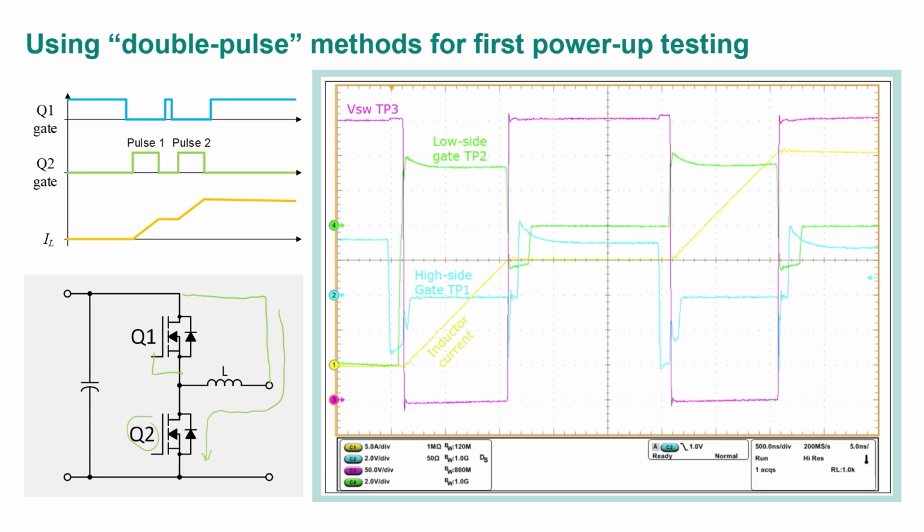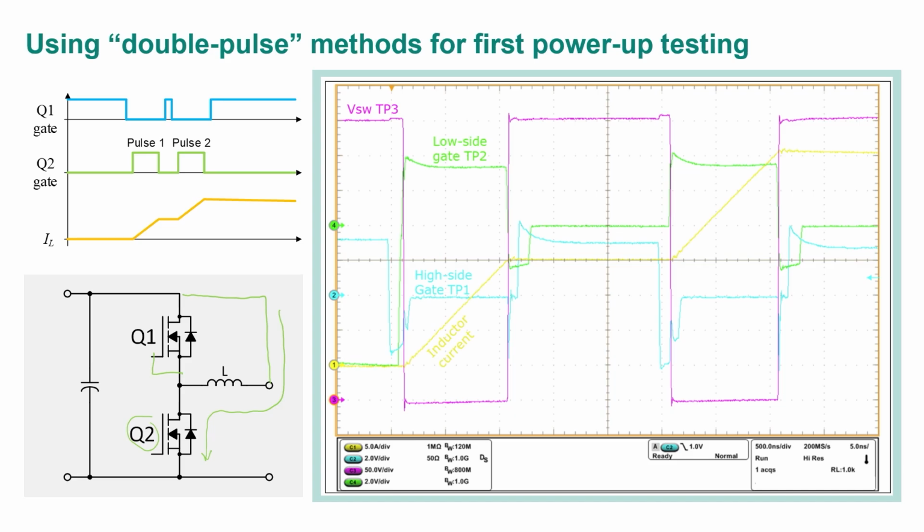And I don't have to do this with full bus voltage. I can start with a 10 or 20 volt bus in case there's a problem, then I don't blow everything up. I just can see that the current is higher than I expect. Set your power supply current limit to something safe.